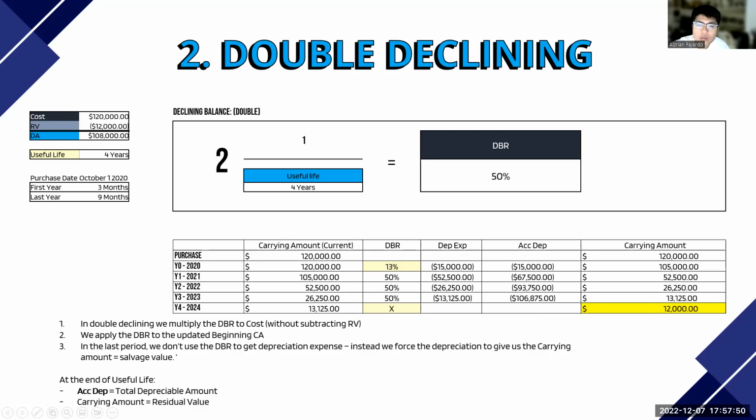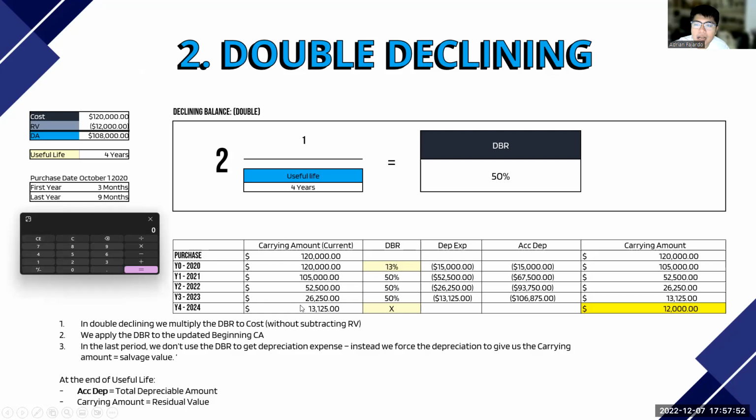So, paano yun? Paano natin gagawing 12,000 si 13,125? Basically, 13,125 minus 12,000 is a depreciation expense of 1,125. So, ang total ACDEP natin, which is computed as 106,875 plus 1,125